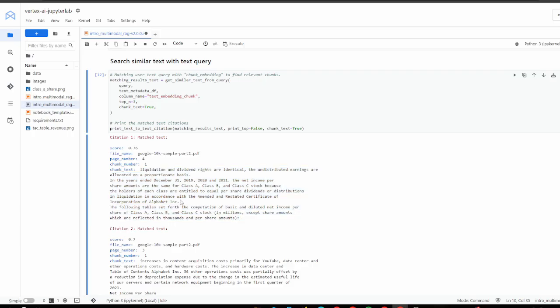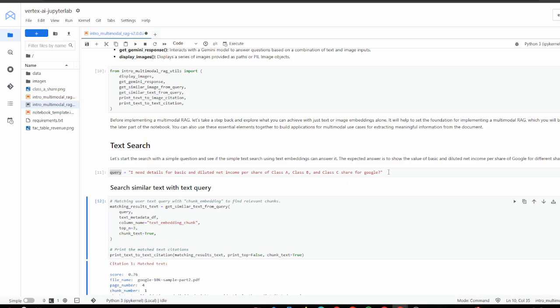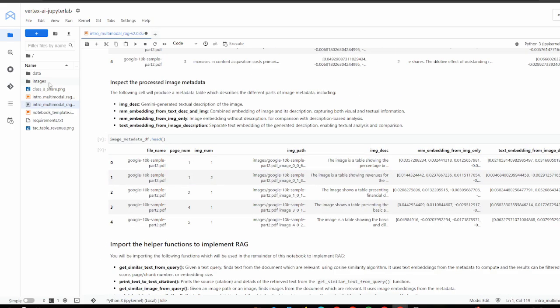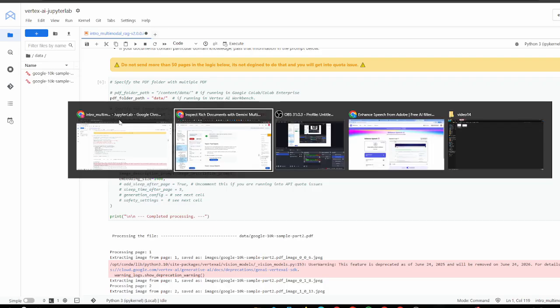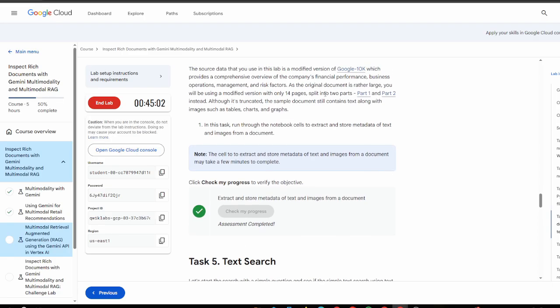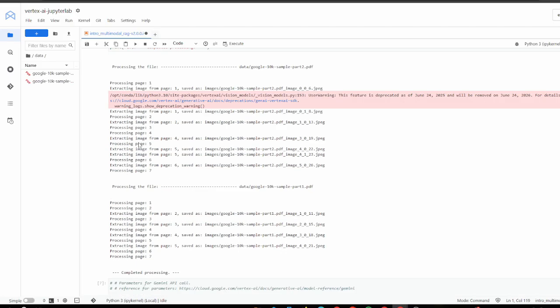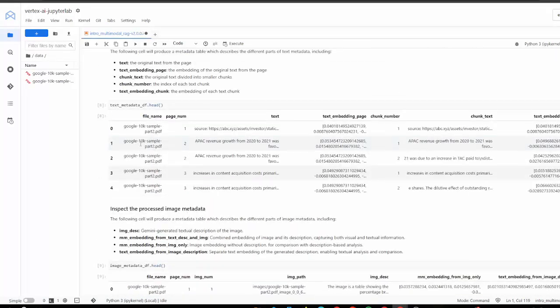So what we are doing over here is, in the PDF folder we just created data in which we have two parts, part 1 and part 2 samples, which was just mentioned over here. So we are using that data, and this is from the part 2 sample,